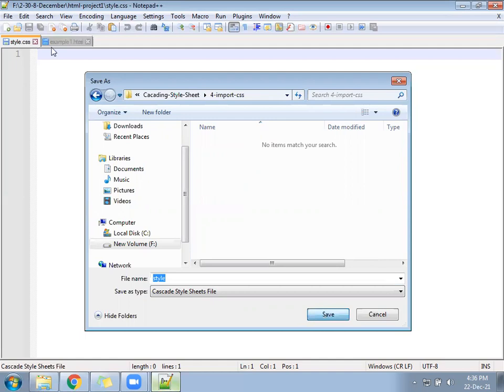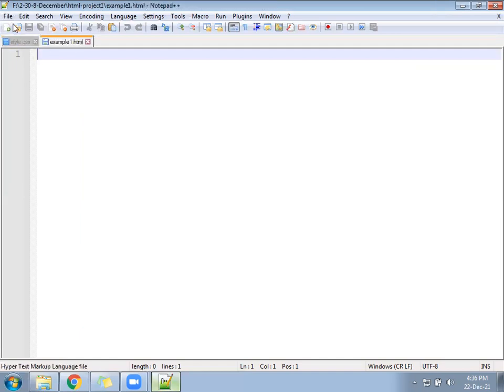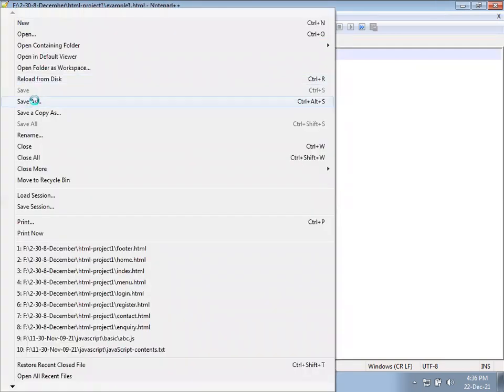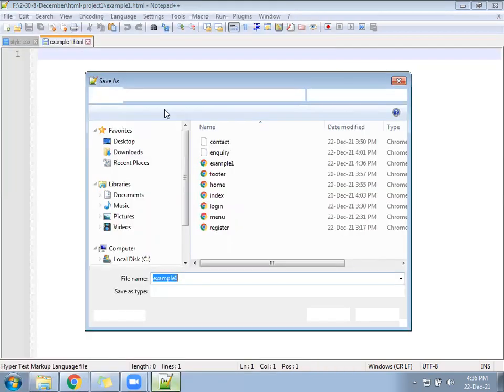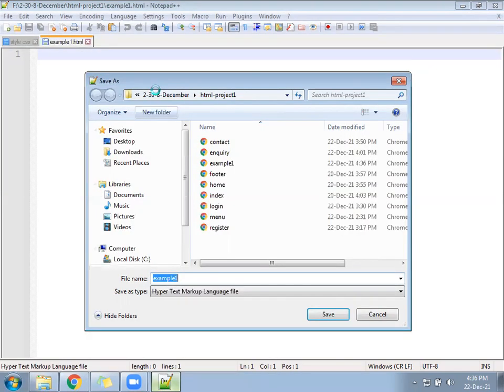The style.css will do save as. Let me save in here completely.